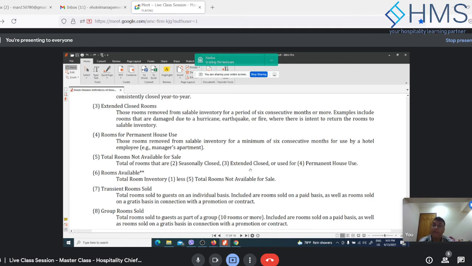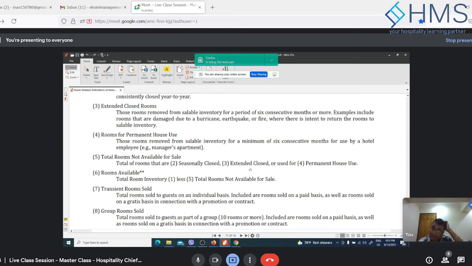So, for example, in our resorts, we allocate one room for managers, but we sometimes send staff from another hotel to work at that particular hotel. But it's not by intention that they will be there for 6 months, right? We send them for a task for, let's say, 2 or 3 months. So it's not the intention of the owners to use those rooms as permanent house use. We let them stay because the room is empty, but whenever we have a full house, we normally evacuate the room.